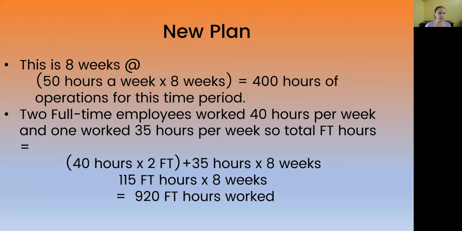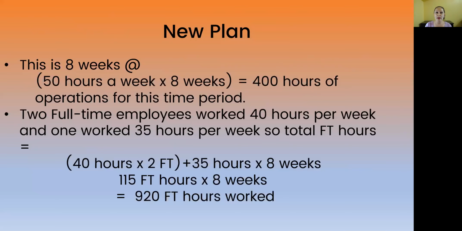So now we're able to develop a new plan. It's not always going to be perfect, and you're going to be able to get as close as you can, but we want to try to maximize the forgivability of the PPP as much as possible. So here's an idea of a new plan. This is 8 weeks at 50 hours a week. So we're using the same kind of criteria because the PPP loan needs to be used within 8 weeks of